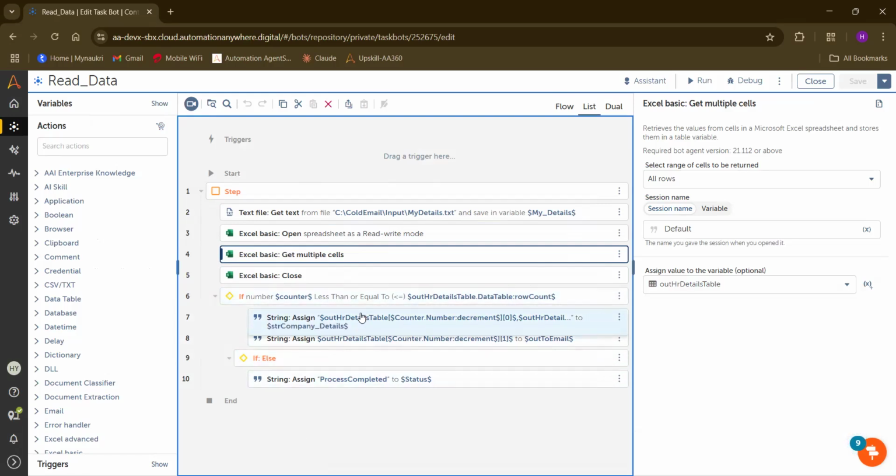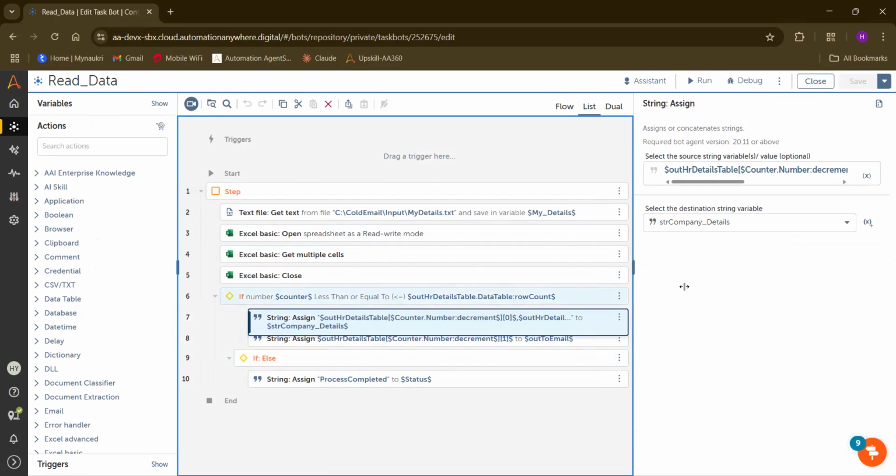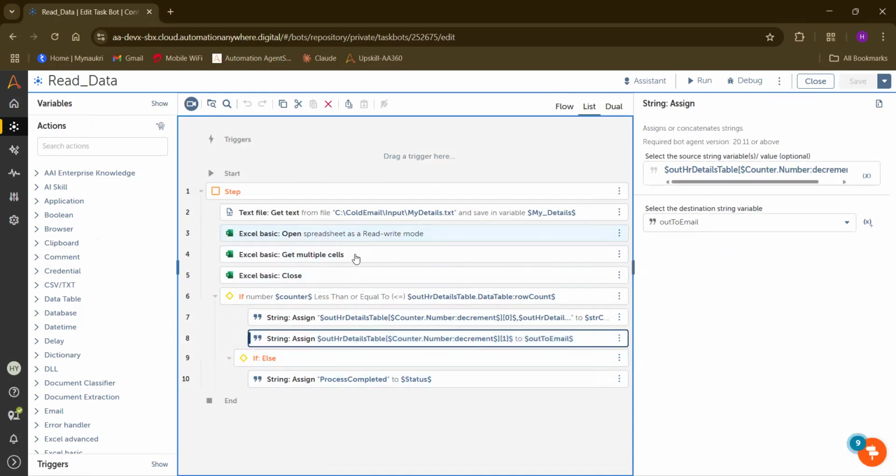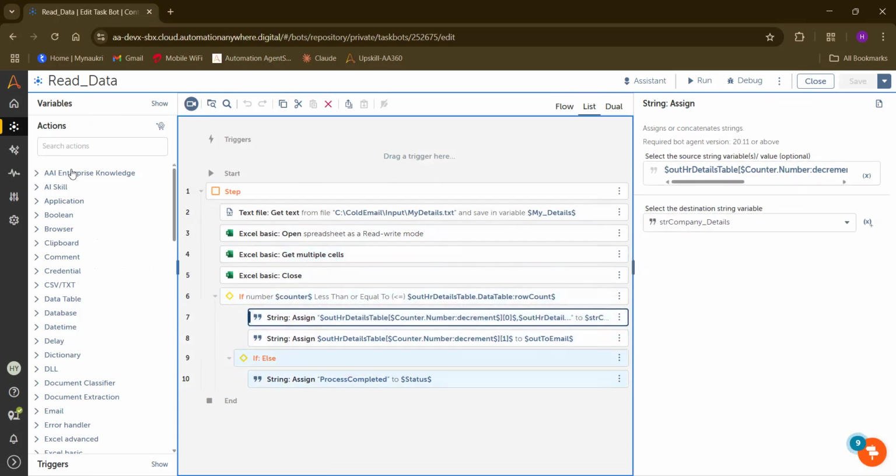Now we are assigning the company details. Because in Excel we have n number of data, n number of hiring manager details, so it has to loop. We don't have a direct loop to integrate in the process, but we can logically create a loop. I will explain in further steps. So here I'm taking the data from this table one record at a time.